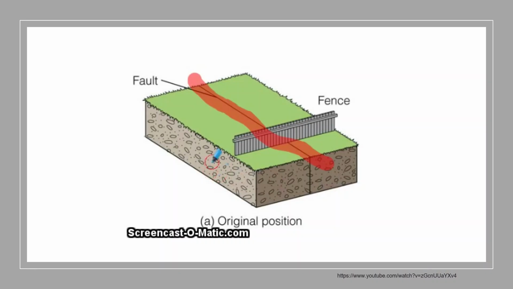That red line is the fault line, and you look at the fence. The fence is like a reference point for you to understand how the movement is happening. So the strain gets accumulated along this fault line, and when the horizontal movement happens, in this case it is a